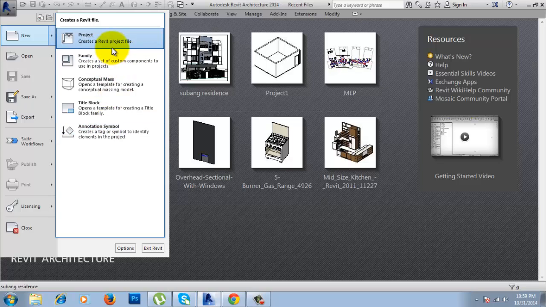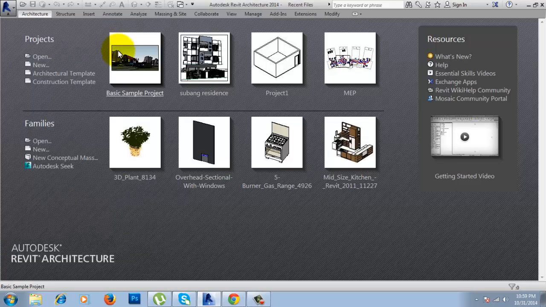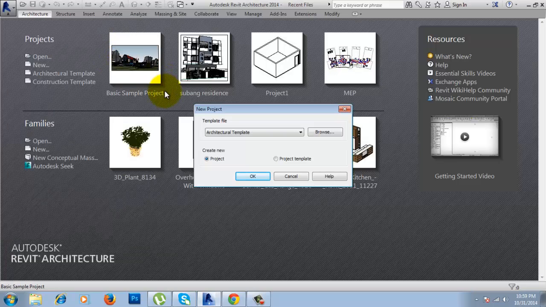So first we start with project. If you go for a project file, we have to open a template. Now we want to work on architecture, so you have to select the architecture template. If you want to work on construction, you can select the construction template. If I go for browse here,